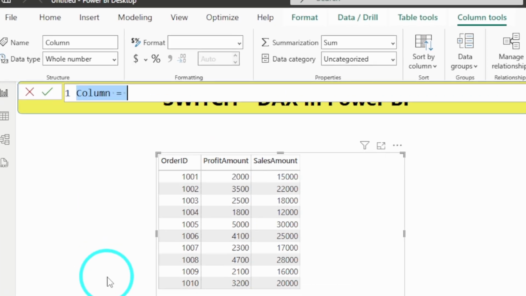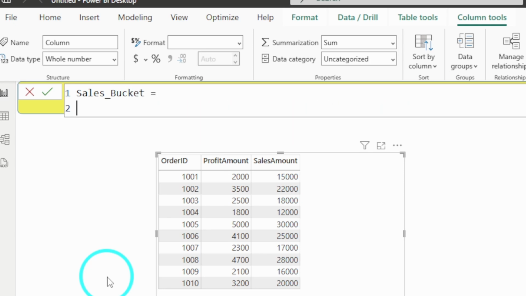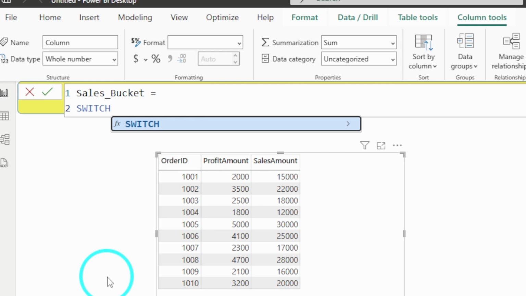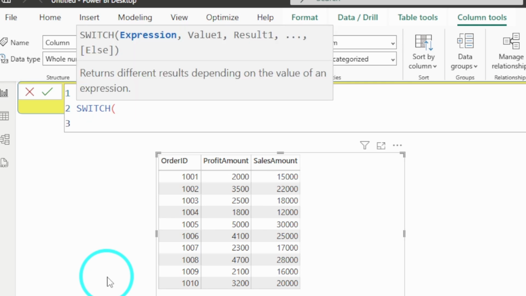Let's name this column Sales_Bucket. I will use the SWITCH DAX function